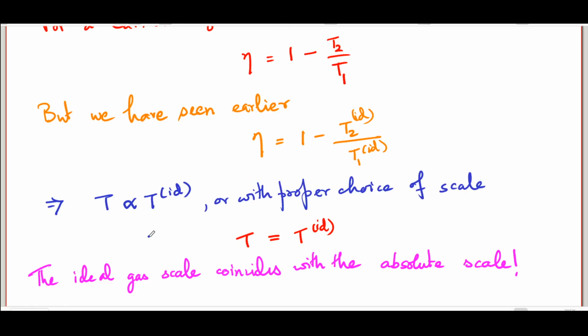Why exactly is the ideal gas temperature scale the same as the absolute temperature scale? The answer to that cannot be really understood within thermodynamics. Within thermodynamics, it's just something you discover this way. But if you look at the microscopic picture of temperature as the average kinetic energy, which I'm sure many of you are already familiar with, and take a look at the way in which the ideal gas equation of state is derived, you would be able to see that at a microscopic level, there is a connection between the two.